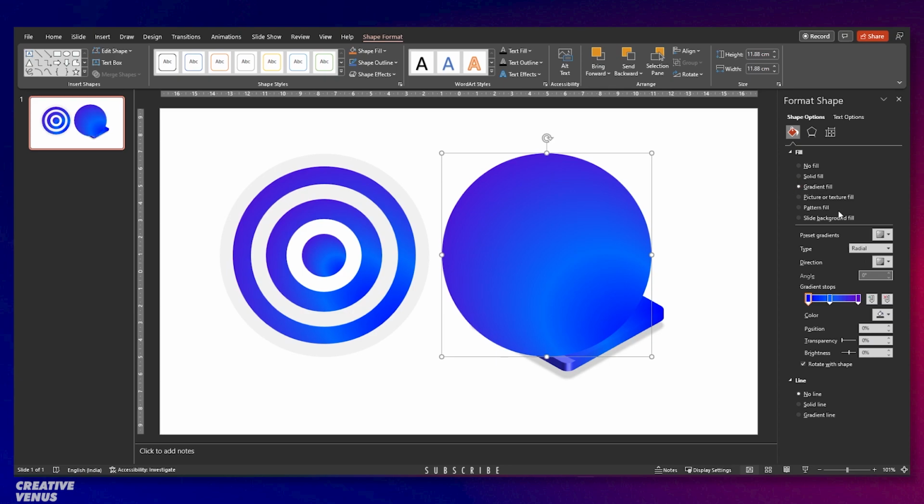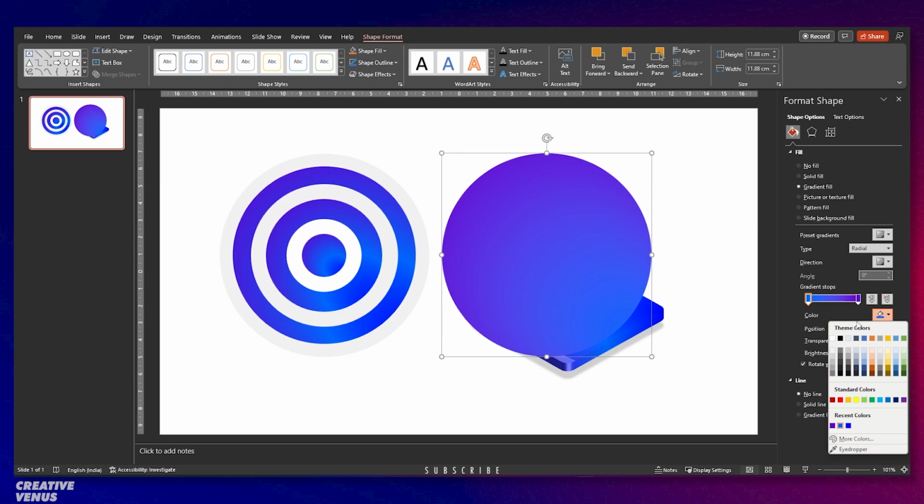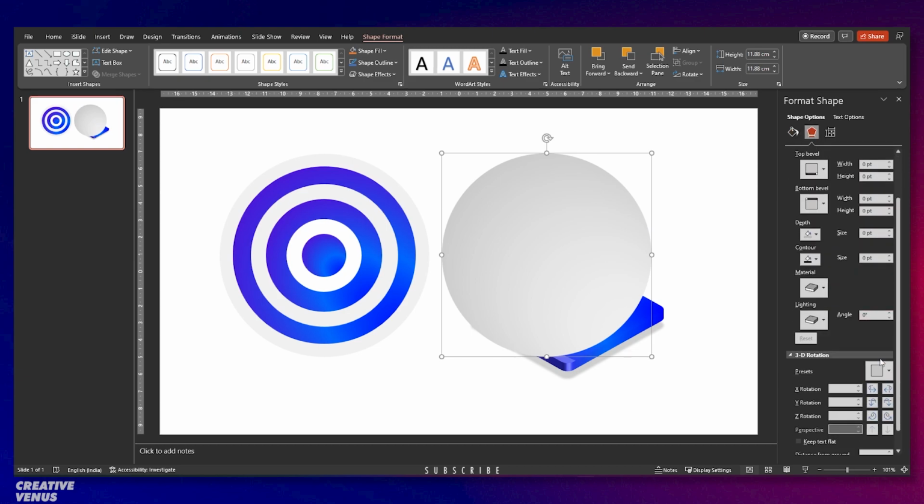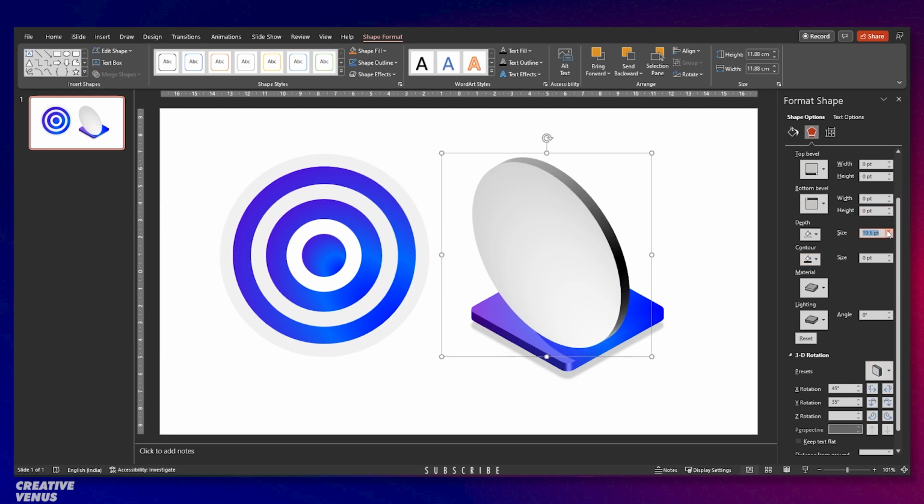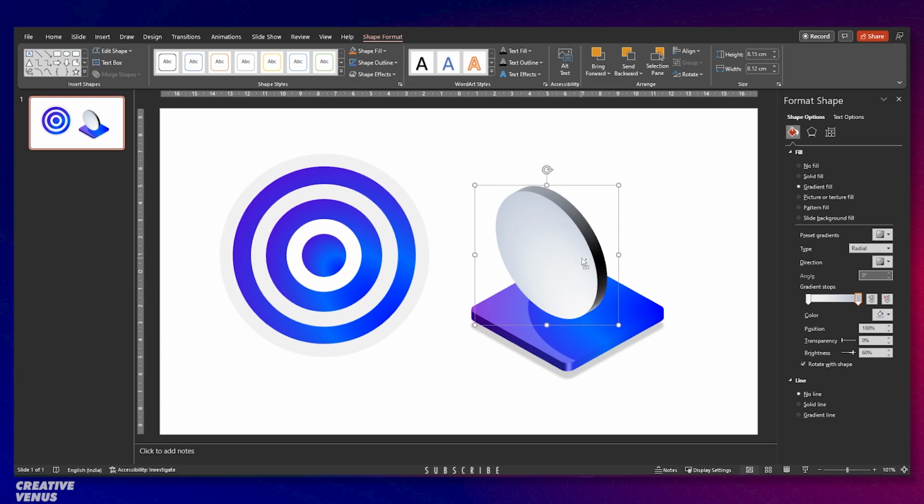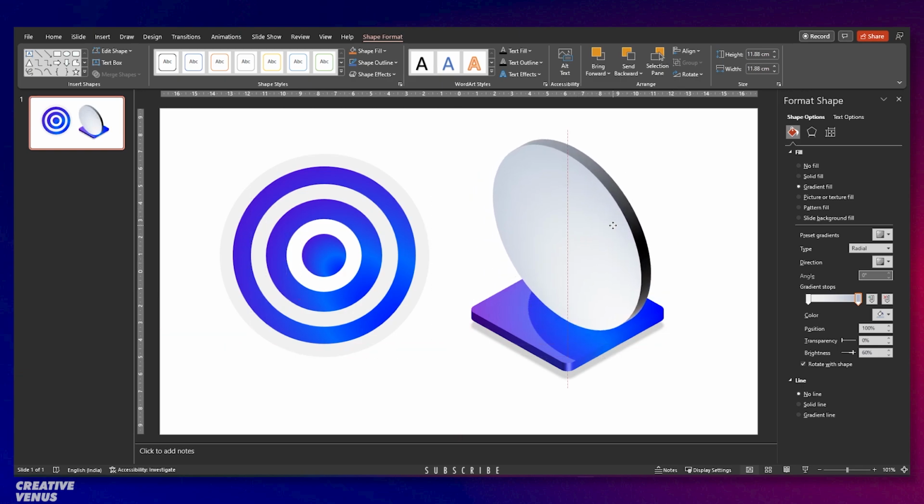Now again duplicate the main circle, the circle at the background, and let's change the gradient to gray. Change its orientation like this. Add the depth effect. So this will become our dartboard. Remove any outline, and you can adjust the gradient style if you want. I want to add slight a tint of blue,